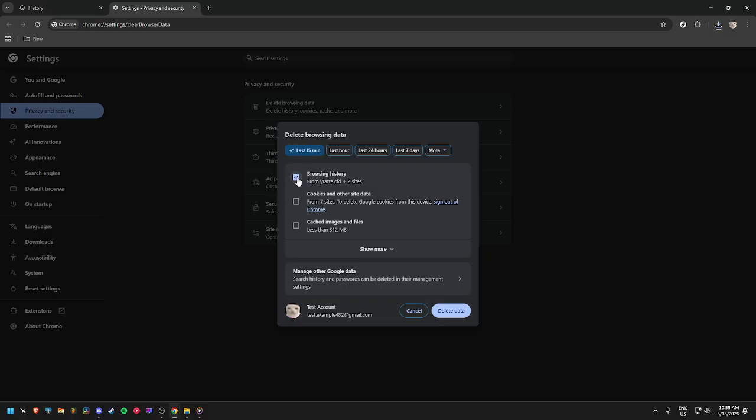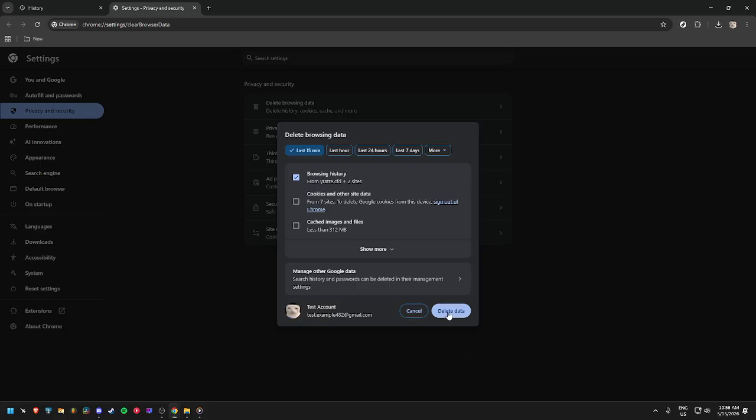In this area, you can review what will be cleared before confirming your choice. This is useful because it helps you make sure you are removing the data you want. If your goal is to delete your search and browsing history, this is the correct place to do it. Take a moment to check the information shown on the screen, then proceed with the removal using the options provided